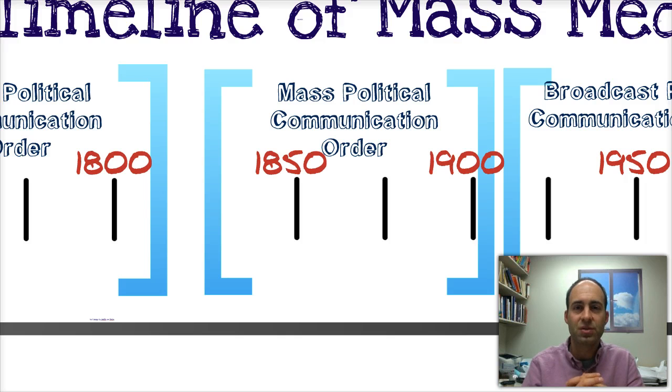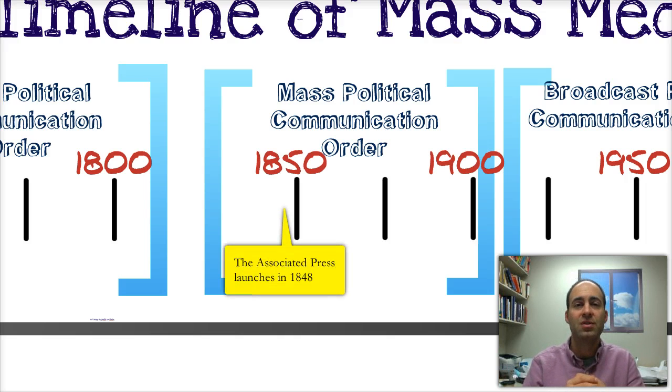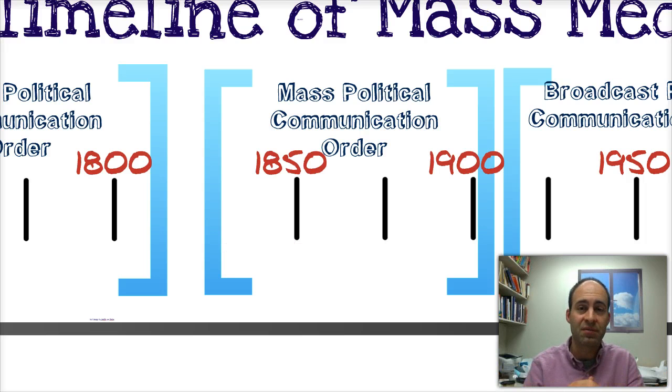During this time, we also see newspaper delivery being subsidized by the government in a very important act, which we'll talk about here in just a little bit. In addition, the telegraph led to the first wire service, the Associated Press, in 1848, which helped to create the first standardized news service across the country, giving some of the same news stories in New York as you would get in San Francisco. And that was a pretty revolutionary way to standardize and mass produce news at this time.